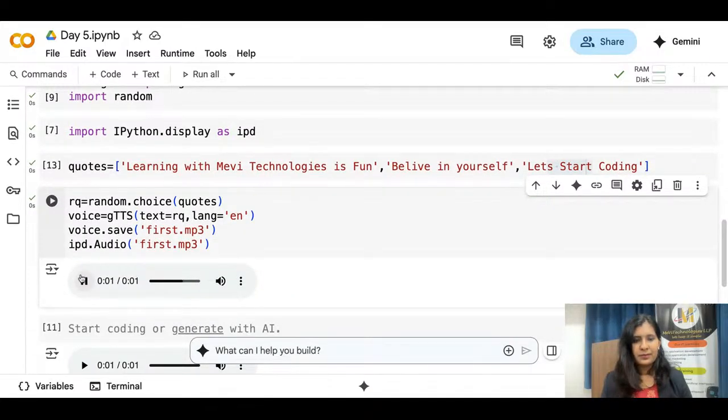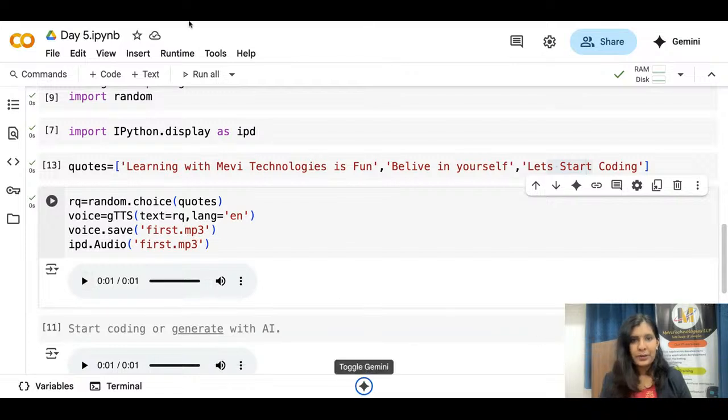What was the second one? Right now, which one did we get? The next one is, Let's start coding. Are you able to hear this? Perfect. Yes, I hope everybody is able to understand the IPython display and also understand the working